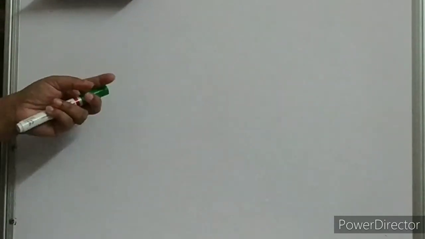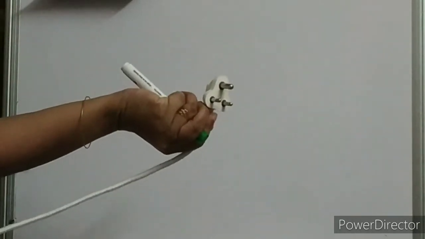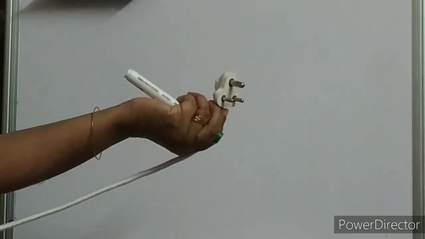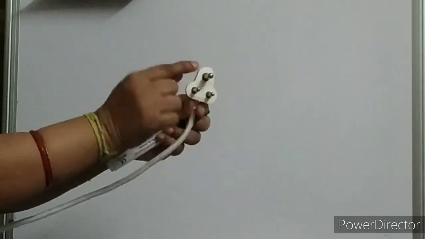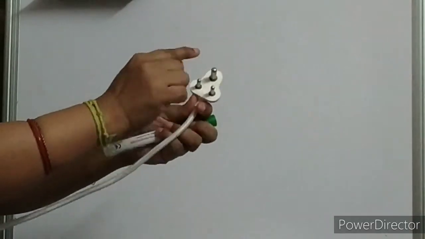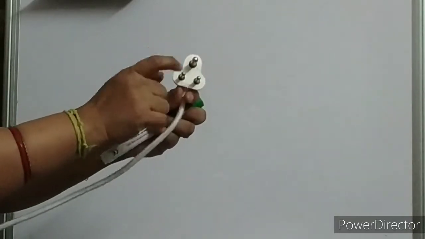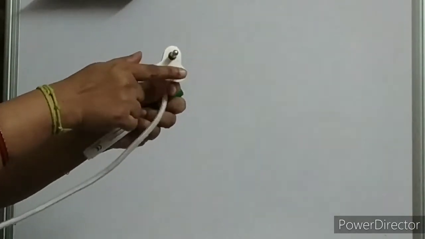Now we are moving to the last part of our lecture today. Tell me one thing, does anybody have any idea why that plug has one pin longer than the other two pins? Can you people see the plug now? Okay, see children, these two pins are small, and this is your longer pin, and it is also thicker in size. Can you give me the reason why it is longer than these two and why it is thicker? Anybody have any idea?